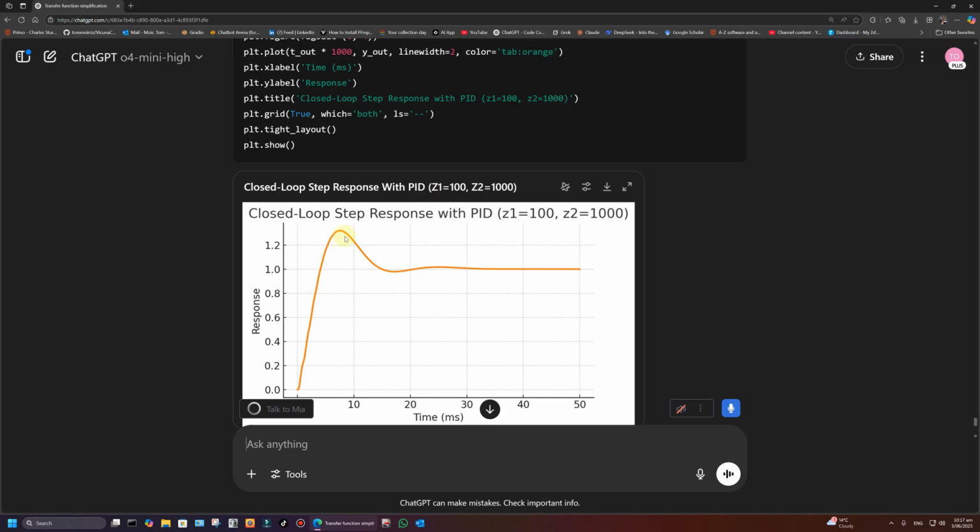And how to deal with that would be to, I could even ask it to do that. I could ask it to reduce the bandwidth a bit, to get more phase shift, get less overshoot. Let's do that. Can you